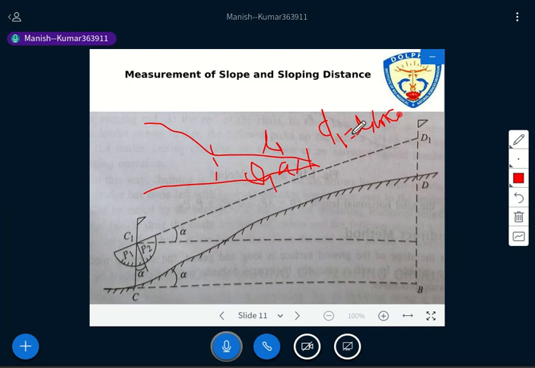Then we have to come again to this point, fix one ranging rod here, and again use the clinometer to get the slope angle, and again you will get this 90 degree triangle, this angle may be B, and so on. You have to move along the slope. Is it clear to all of you? From the base to the top of the slope you can move.